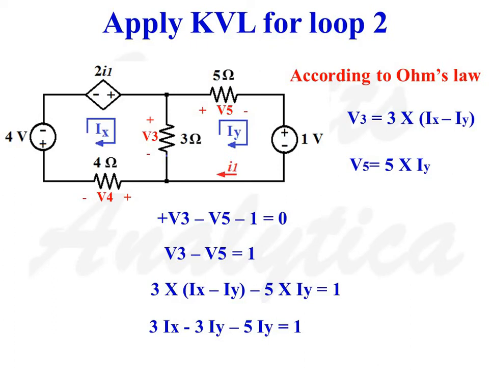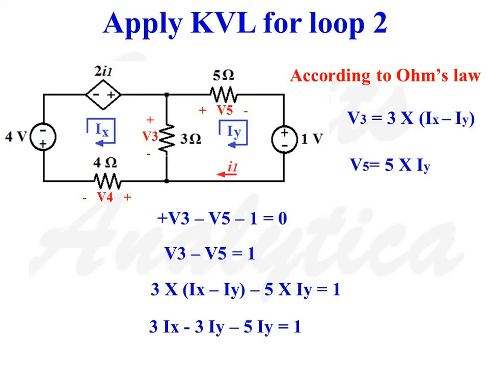Applying KVL for loop 2. In loop 2, there are 3 voltage terms. Voltage drop across 3 ohms resistance, 3Ix minus 3Iy. Voltage drop across 5 ohms resistance, 5Iy. And voltage source of value 1 volt. So when we move in the clockwise direction,